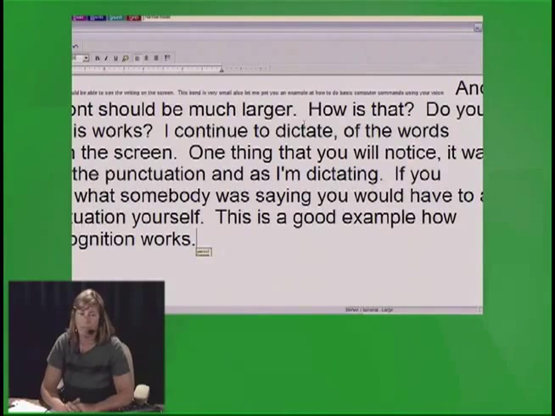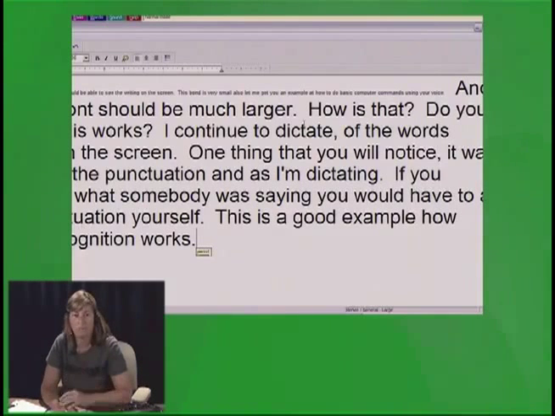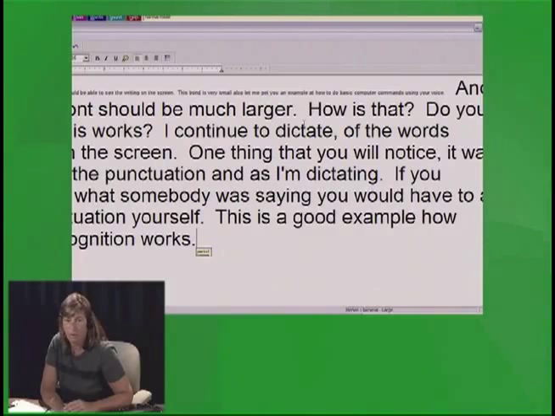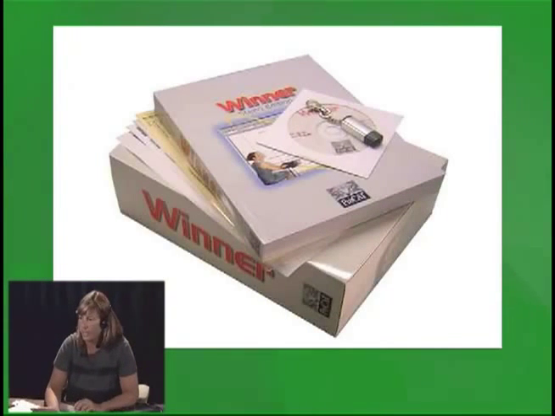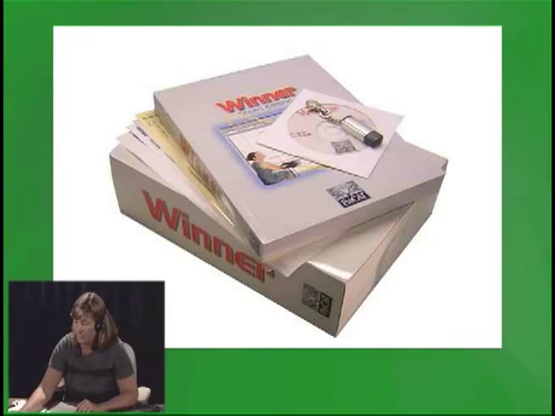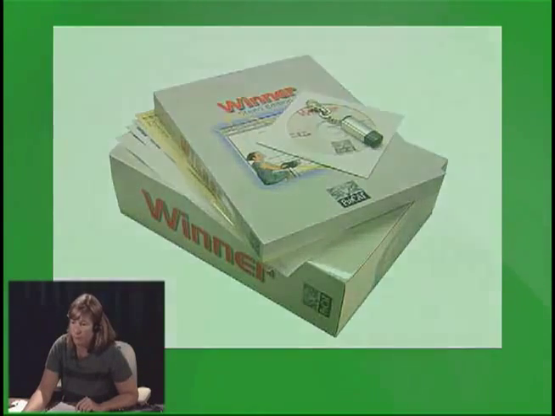And now I've put the microphone back in the off position, so the words will not continue to appear on the screen. But you can see that as I dictate, the words come out. Now what we're going to do is close down this program, and I will show you how the steno conversion software works. This is the product Winner that I had shown you the container of, and this is steno conversion